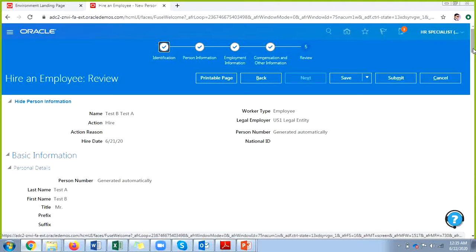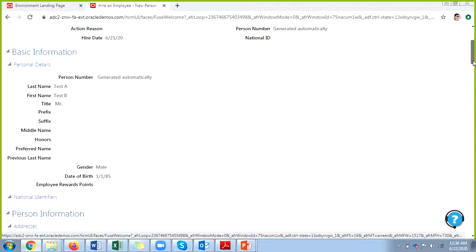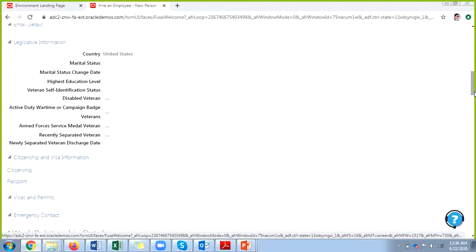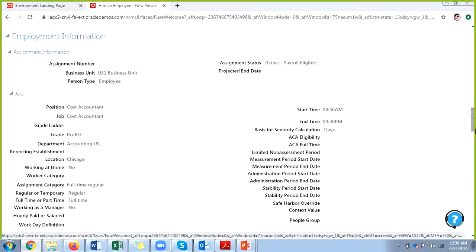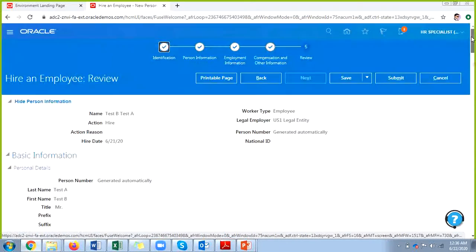The employee will get a review page. Whatever information we have entered so far, you can see the complete information. If any corrections exist, go back and correct your information. Then you can come back to the same page and make sure your information is correct. Then click on submit.